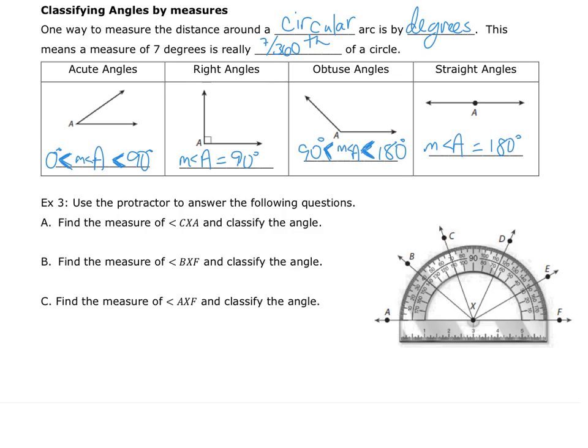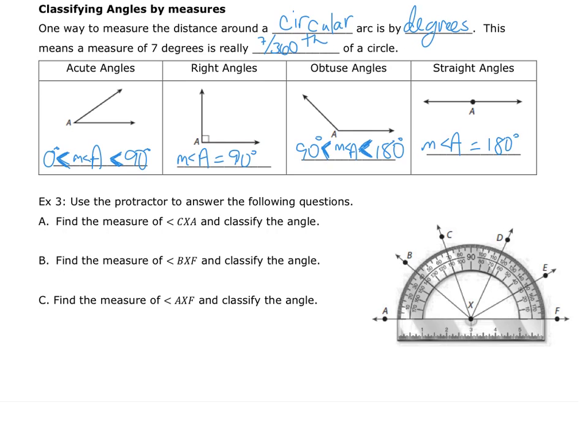So letter A, if we need to find the measure of angle CXA, now remember X is the vertex, which is right here, there we go. And it connects C to X to A. So all of this would be CXA. So we need to look at the degrees. We can tell that it's less than 90 degrees because 90 degrees is straight up and down. So when you're looking at these two measurements right here, it's either 110 or it is 70. And since we know it has to be less than 90, just by being practical about it,